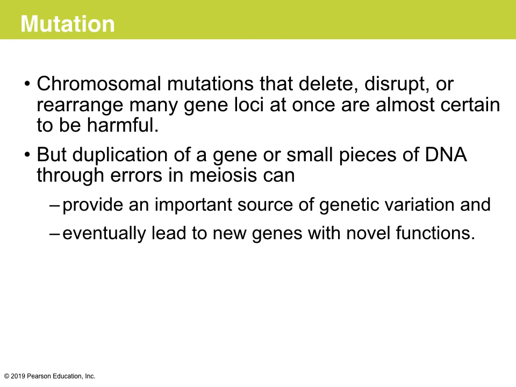But duplication of a gene or small pieces of DNA through errors in meiosis can provide an important source of genetic variation and eventually lead to new genes with novel functions. There's a whole business of genes that control development. And it's thought that pieces getting copied, more copies of a gene winding up in organisms, leading to